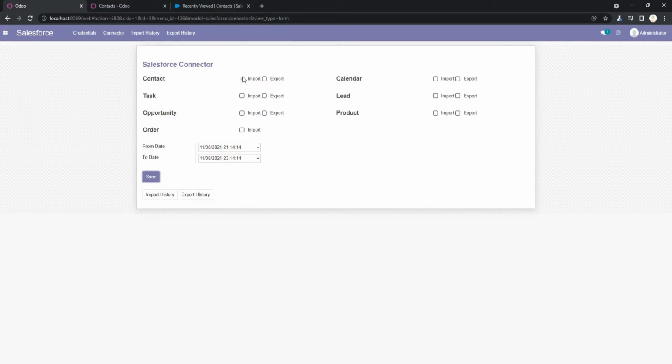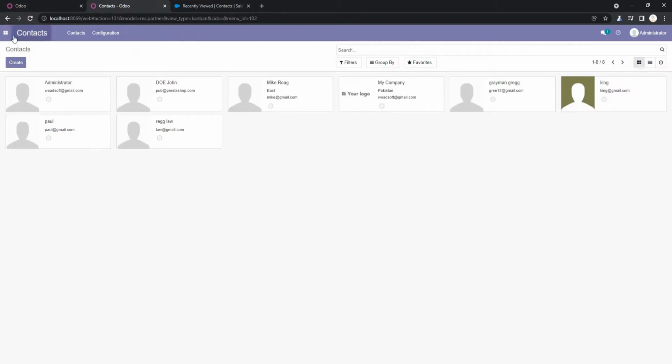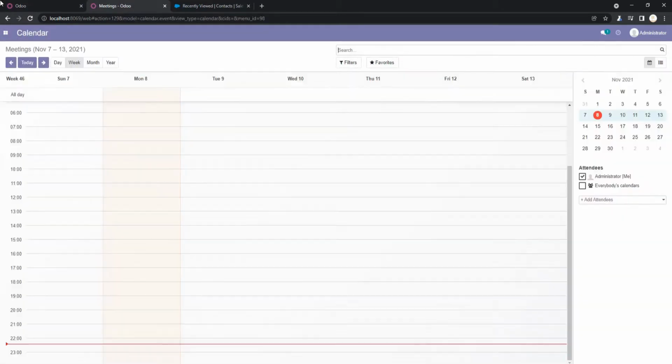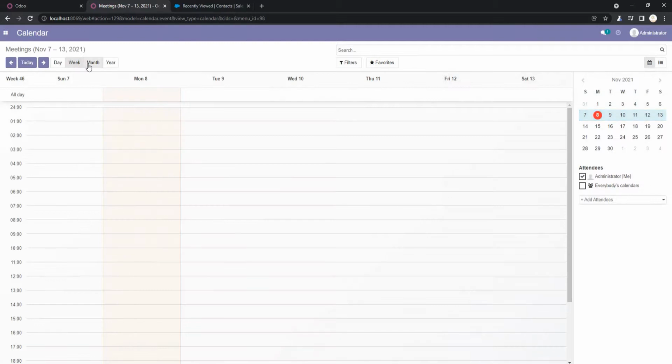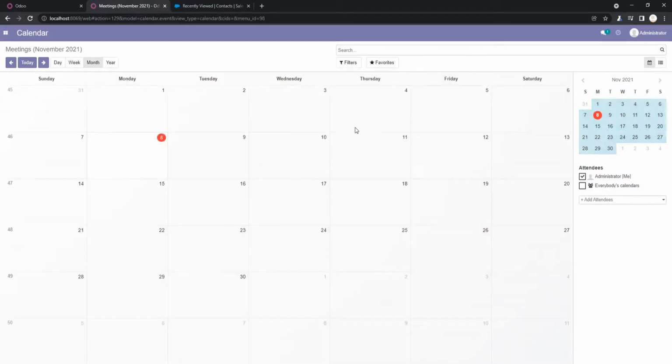Moving to the next one, the calendar events. I create a new event that will be exported to Salesforce. We are in the calendar module, so I create a new event, or you can create it from the calendar view as well by clicking a specific date.